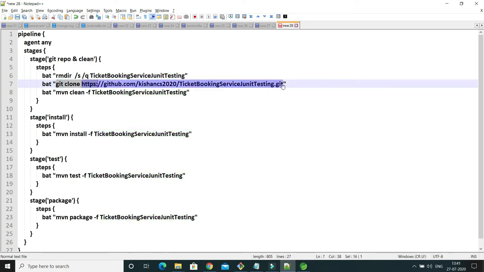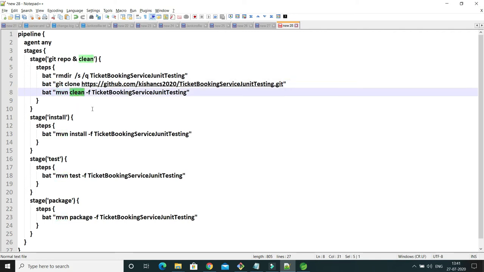This is our git clone directory, right? This is the git command we are going to specify, so that it will pull the code from the remote repository to our local repository, right? Now the next thing we are doing is mvn clean. This is the Maven command.